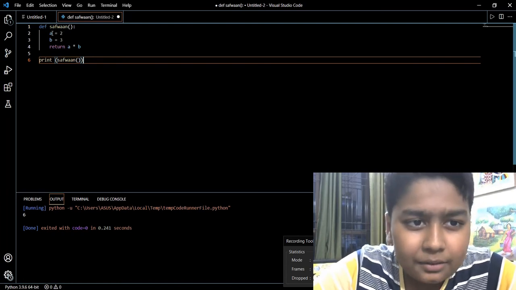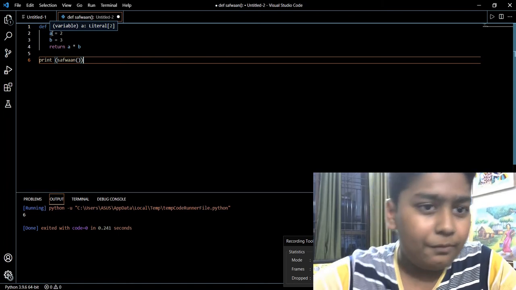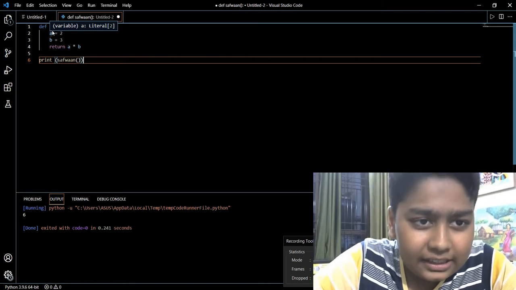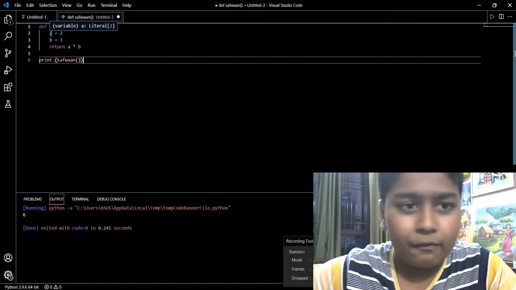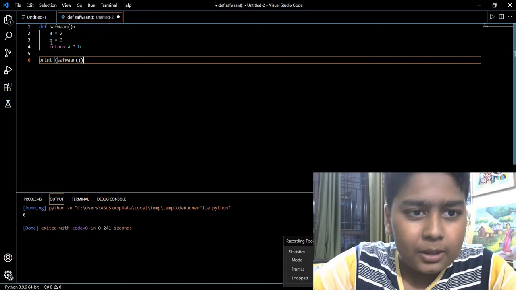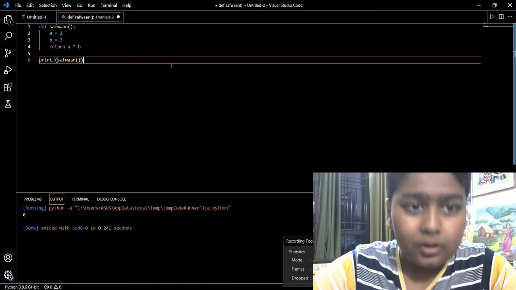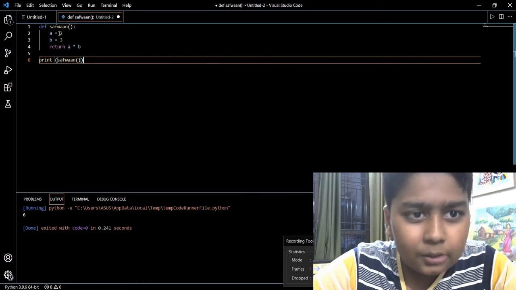Then I wrote a variable in Python. See here, when I hold the cursor on a, it's showing variable. B is also a variable. So after you write a variable, you will give it a number.